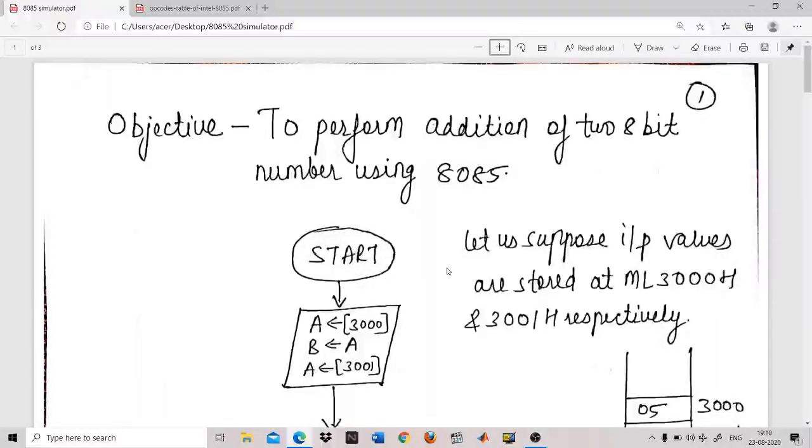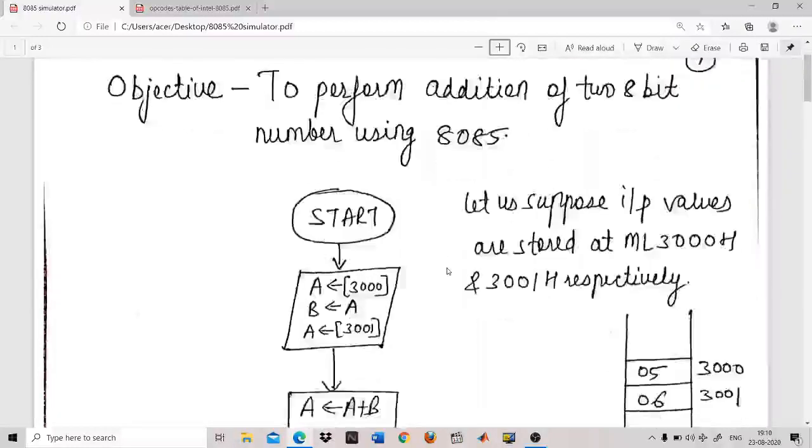Now we will try to understand the operation of it using a simple program, and the simple program is addition of two 8-bit numbers using 8085. In this case, we have to take two operands and store them in two different registers. But you know that in 8085 any arithmetic operation will take the help of the accumulator. So your first operand is always taken from the accumulator and you can store the second operand in any one of the registers. You know that in 8085 we have six general purpose registers, that is register B, C, D, E, H, L. So you can take any one of them.